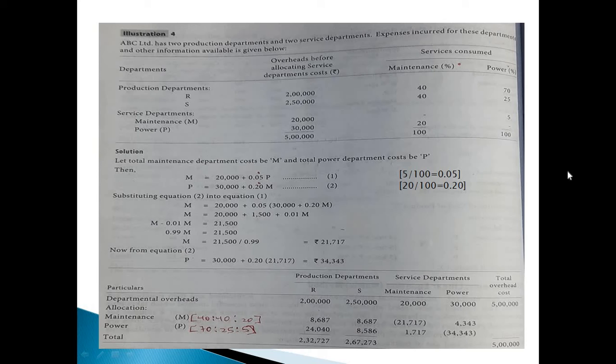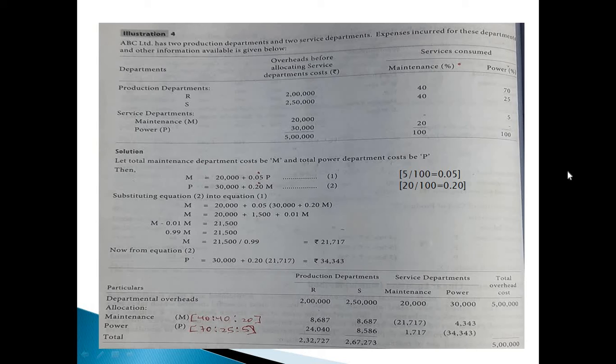The departmental overhead or the primary allocation is 2 lakhs for R, 2 lakhs 50,000 for S, and for maintenance 20,000, and for power it's 30,000. So the total overhead cost is 5 lakhs. You take the total of all the 4 departments. Then you allocate the maintenance cost. While allocating the maintenance cost, we have to take it according to the equation. So the total overhead cost of M is